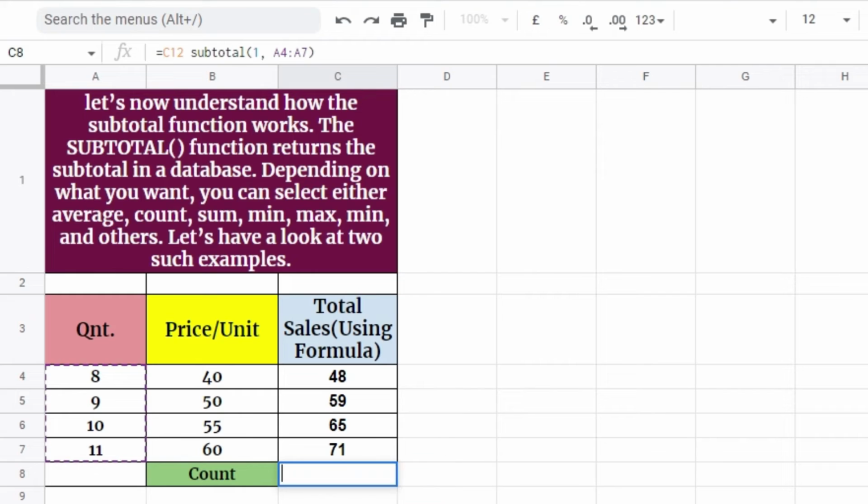Similarly, =SUBTOTAL(4, A4:A7) selects the cell with the maximum value from A4 to A7, which is 12. Incorporating 4 in the function provides the